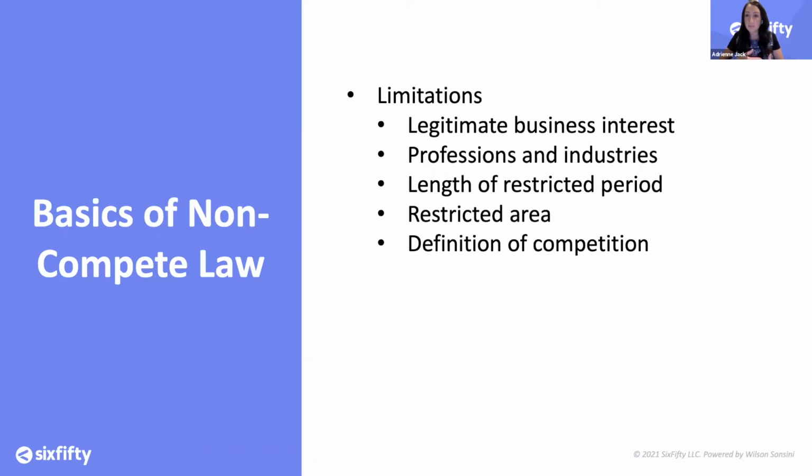And this legitimate business interest is not absolute. It must be weighed against any interest employees might have in the customer relationships. For example, if an employee took an active role in bringing a customer to the company and had a robust relationship with that customer, then the court might be more reluctant to enforce restrictive covenants against that customer because the employee had such an active role in bringing that customer to the company.